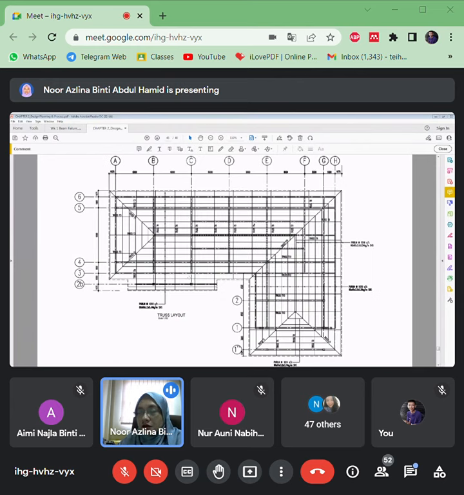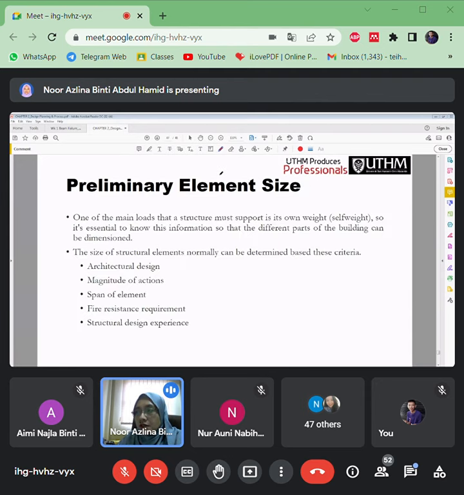So this is the truss layout, which we design: where the trusses are, where the main truss that we should arrange, what the spacing between the purlins is. Remember what the purlins are, okay, according to the grid lines from the architect.